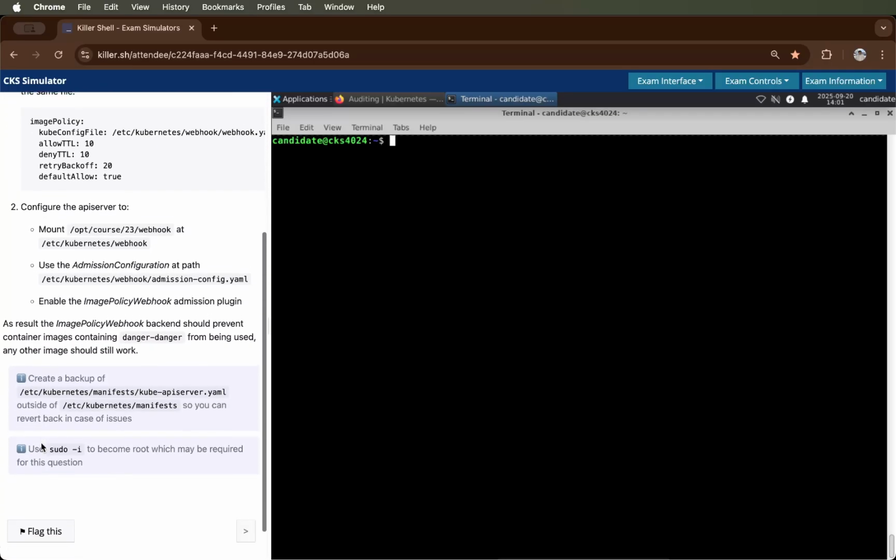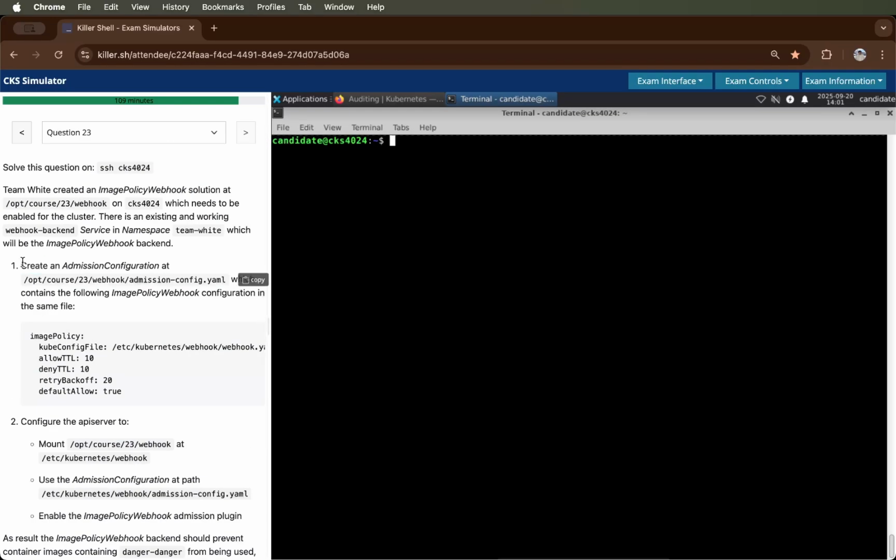It's a quite lengthy question. We have to split it into multiple questions. So let's read the high-level overview of this question. Team Byte created an image policy webhook solution at this location, which needs to be enabled for this cluster. There is an existing and working webhook backend service in the namespace, which will be the image policy webhook backend. We have to create an admission configuration at this file, which contains the following image policy webhook configuration